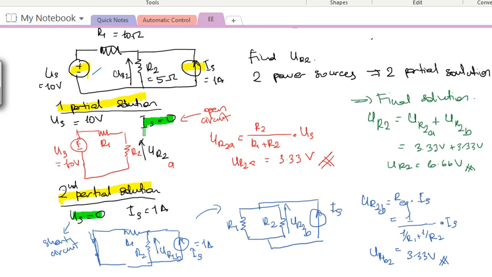So this is very important. If IS equals 0, that means the part where you had IS becomes an open circuit because no current circulates. But for the parts where you consider the voltage equal to 0, it means it is a short circuit where current can go through without any voltage drop, right?